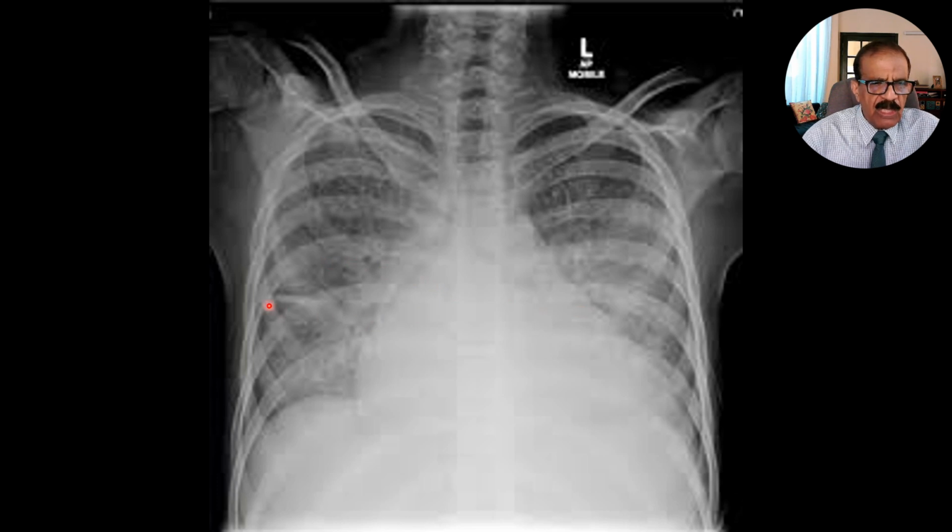Additionally, you have the transverse fissure, where there is some fluid also. So cardiomegaly with these kinds of infiltrates should suggest the possibility of pulmonary edema. Pulmonary edema may be a symptom or sign of biventricular failure, left ventricular failure,